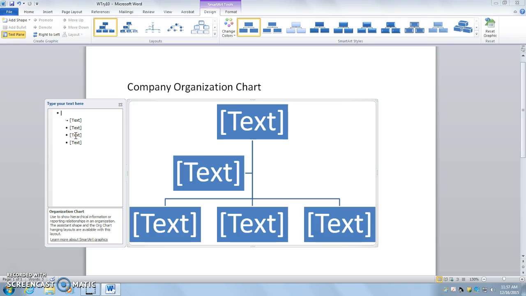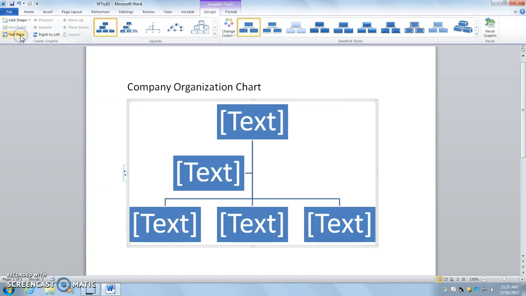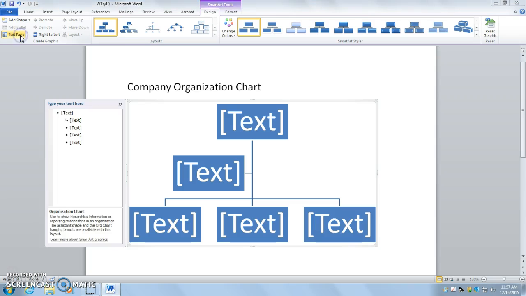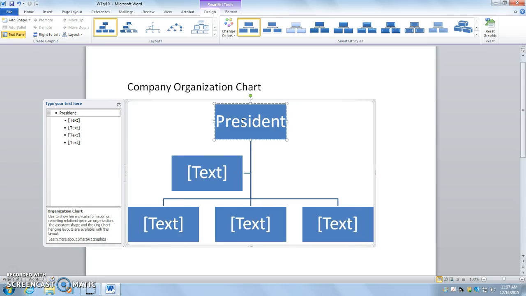So I have my text pane up. If I want to hide it, I can just click it again in the Create Graphic group, but I want to have it up. I'm going to go with the first shape, which is here on this bullet, or I can just click the shape here and type in President. You can see it auto formats for us as well. I'm going to go to the next shape in the middle, which I can do here, or I'm just going to go in the middle here to show. I'm going to type in executive